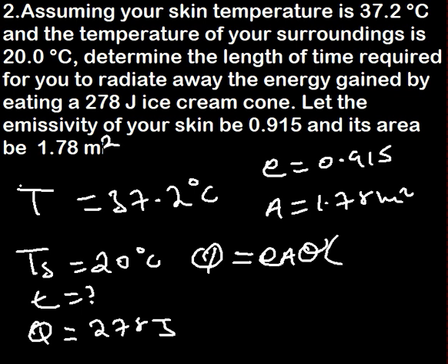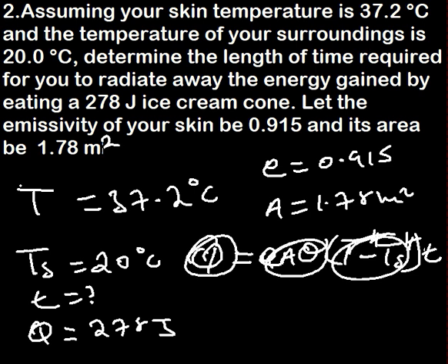times T to the power 4, that is the temperature of the system, minus the temperature of the surrounding to the power 4, and times time. Of course, we can also have it in the same way, where we have it as a times time here. So at the end of the day, we have all these, and all this will be able